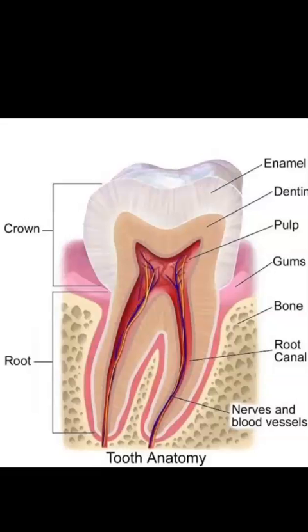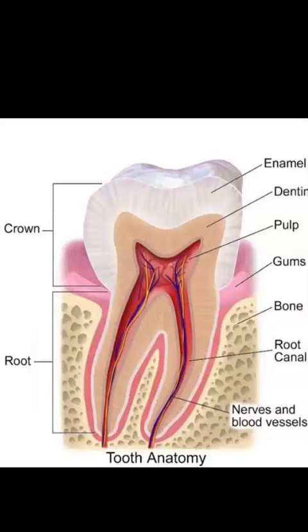I have explained all the basic concepts in that video, and now I will only discuss the different types of irrigants, medicaments, obturating material, and root canal sealers. I will not explain that part in this video. I explained the tooth anatomy, pulp protection, and why we are doing the root canal therapy, and in which condition we have to do root canal treatment. So please watch that video.